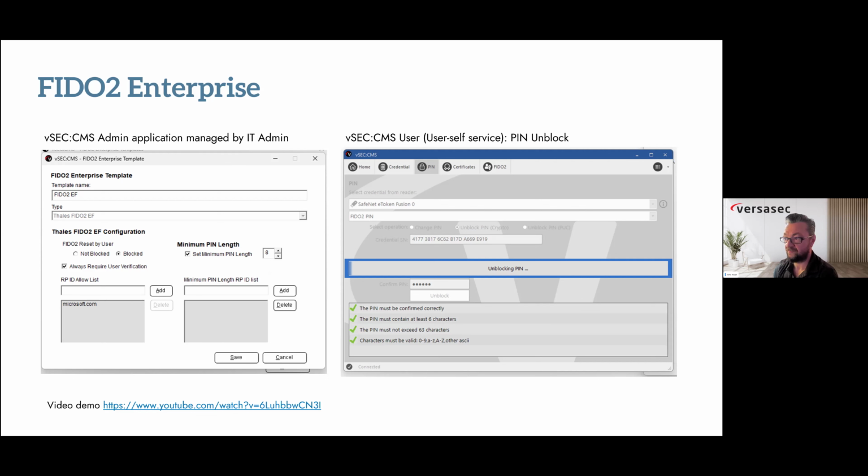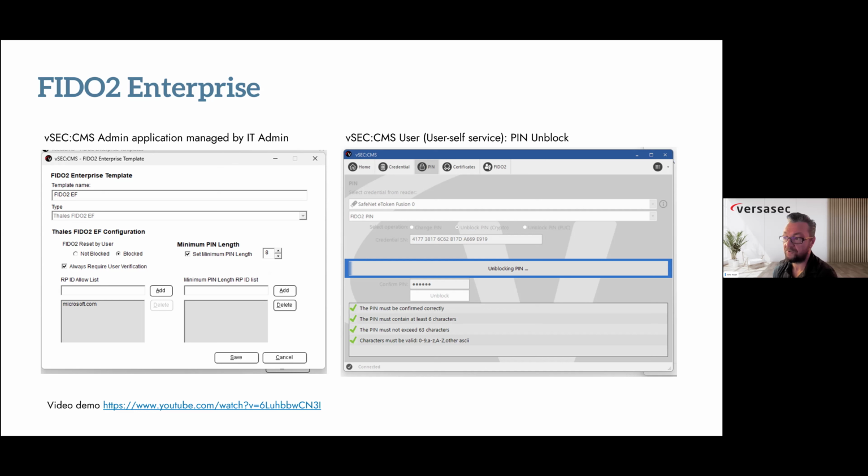As you can see, the FIDO2 reset by user here is showing blocked, which means the user, or anyone with access to that credential, cannot reset that FIDO credential. The always require user verification box is checked off, right? So that, again, means it will be enforced on the credential